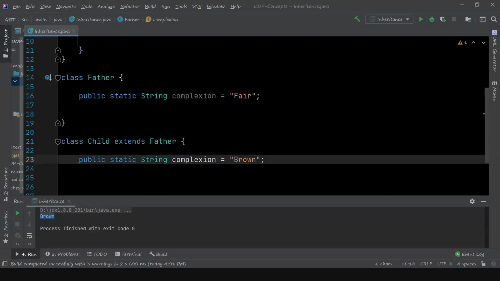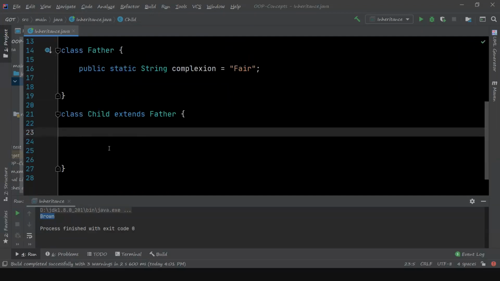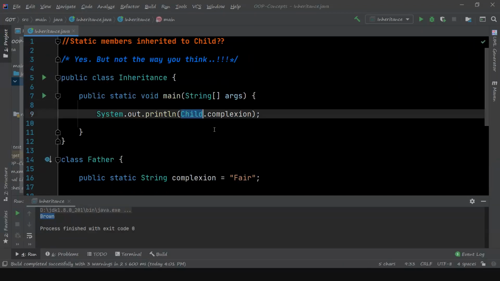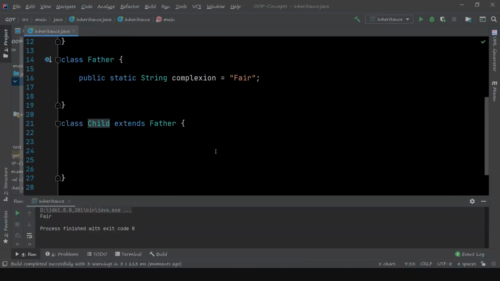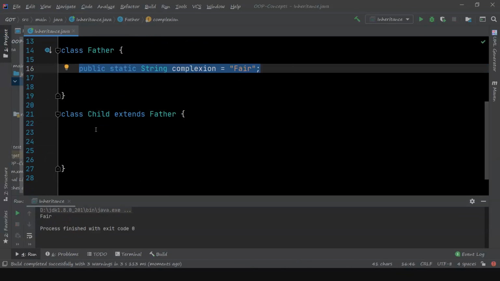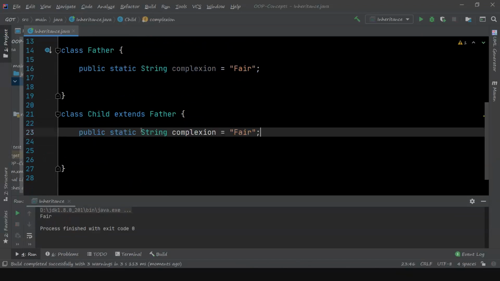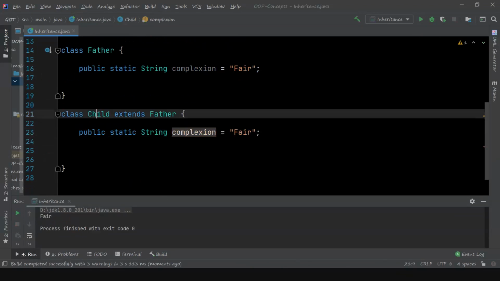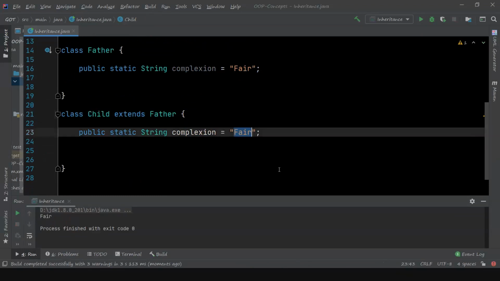Let's say the child class is empty. If we access child.complexion, it will print the complexion as fair. Now if I add the same static member variable here, then this complexion belongs to this child class, and if I change it to brown and run it, brown will be printed here.